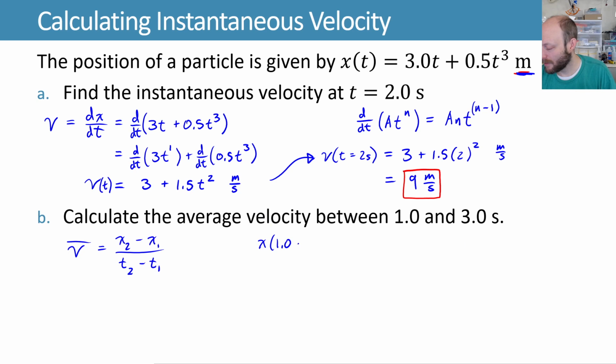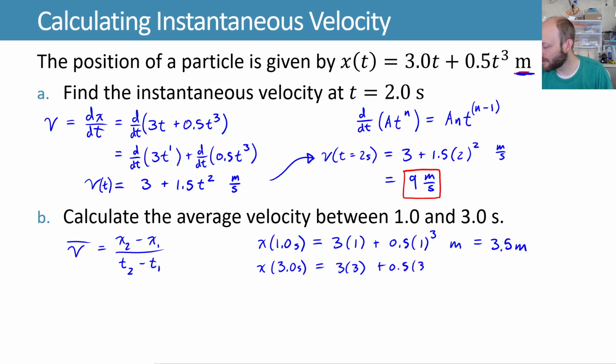So x evaluated at time equals 1 second gives us 3 times 1 plus 0.5 times 1 cubed. 1 cubed is still just 1. The units of this should be meters. So that ends up with a value of 3.5 meters. Then we evaluate this at 3 seconds as well. So that's 3 times 3 plus 0.5 times 3 cubed. This gives us 9 plus half of 27. Again, these are units of meters, and that should give us 22.5